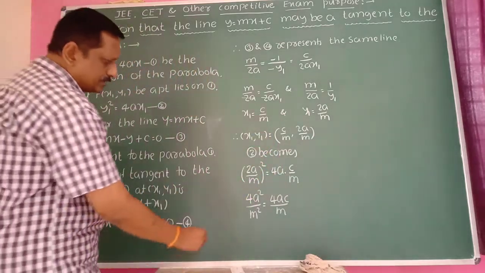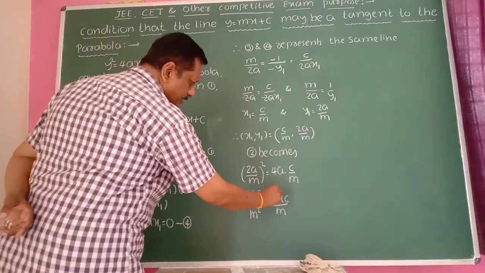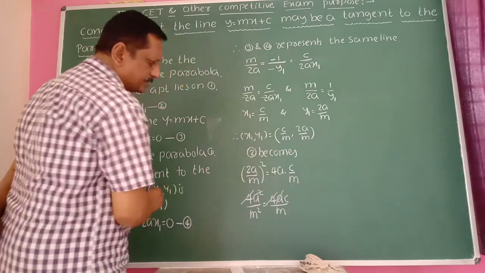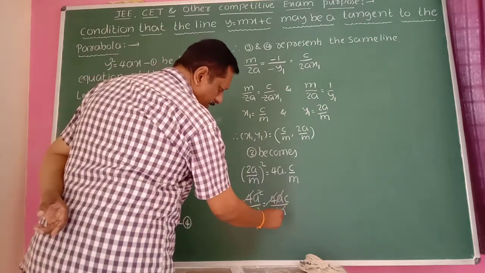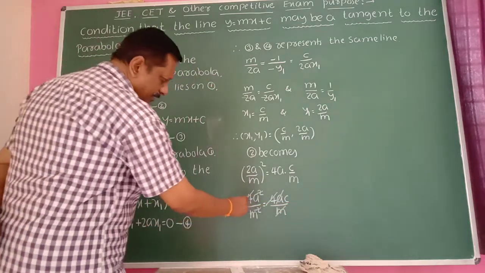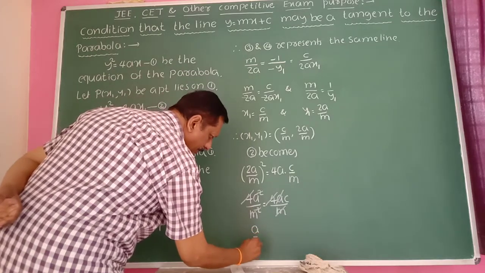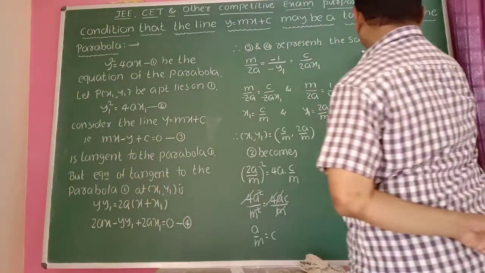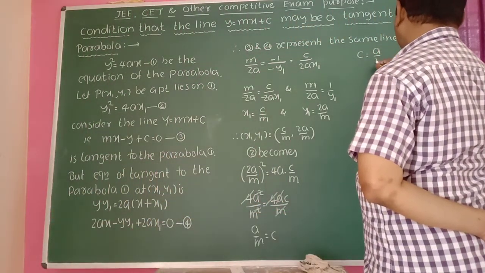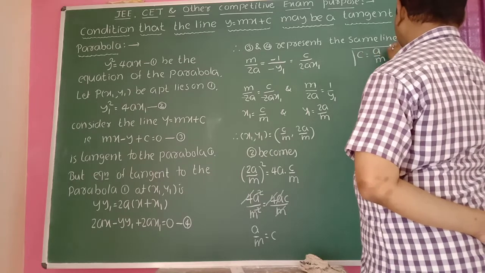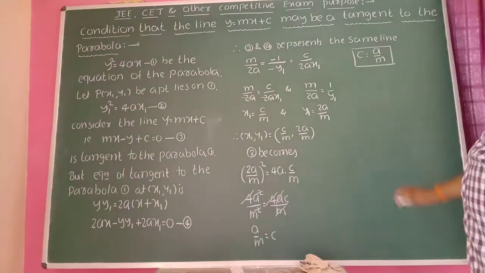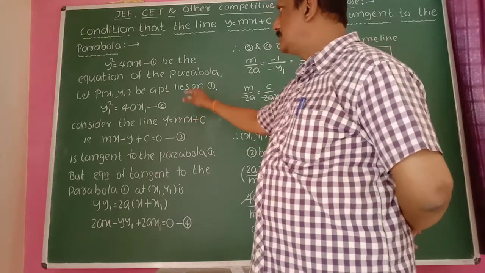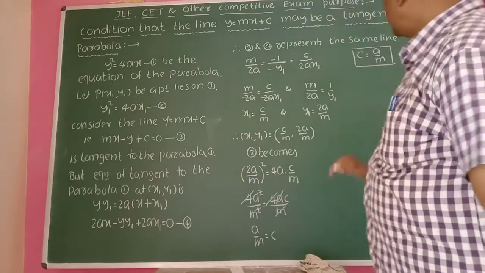Okay. Then this 4 and the right side 4 cancel here. The right side a and the left side 1a cancel. So m and 1m cancel here. Then a divided by m is equal to c. Therefore, c is equal to a divided by m here. So this is the condition here. If this condition is satisfied, then this line y is equal to mx plus c is tangent to the parabola, which is the required condition here.